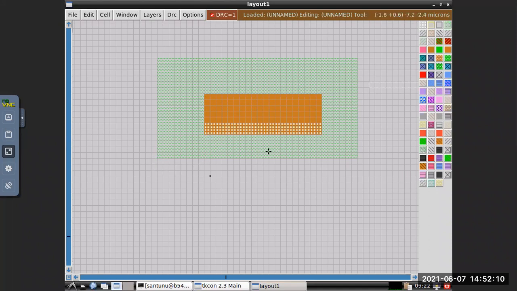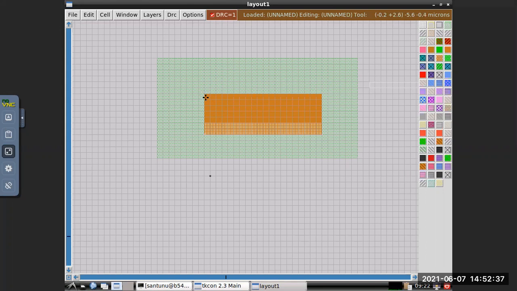Before that, I said you have to create a PMOS that should have a 2 micron width. Here, what is the height of one box or one track? Can anybody say what is the height of this one box? 1 lambda.